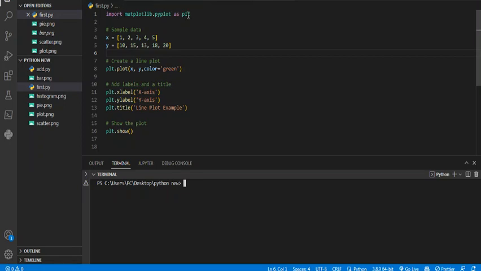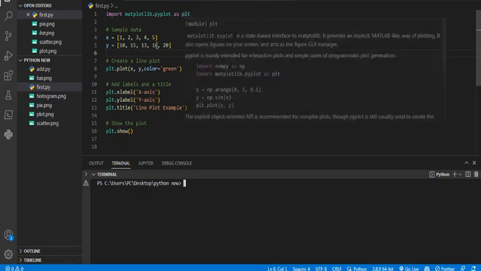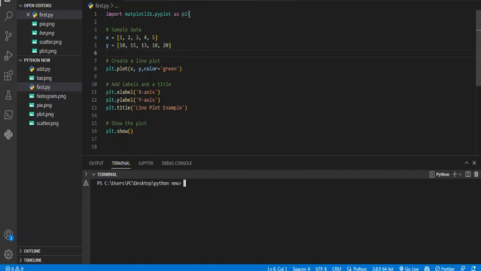Everything you have to use plot. Okay, this is library PLT. As PLT, you can write any name, but I'm using PLT here. Okay, PLT dot plot, PLT dot. If you want bar, you have to use bar here. We'll check how it will be bar here. Okay, I think we'll see